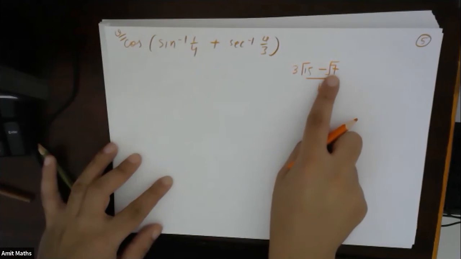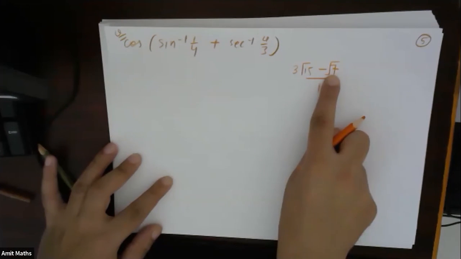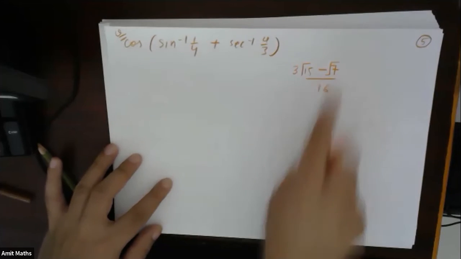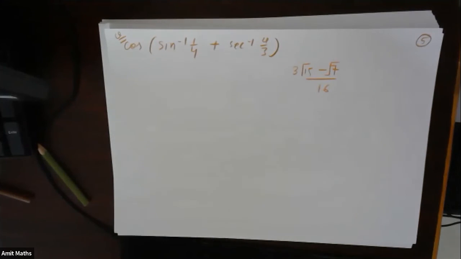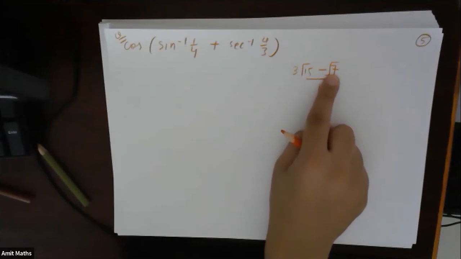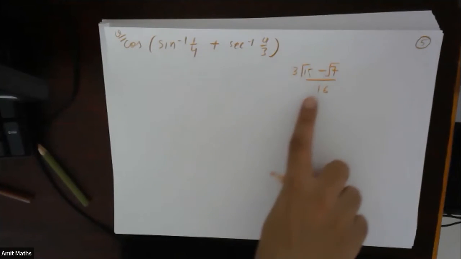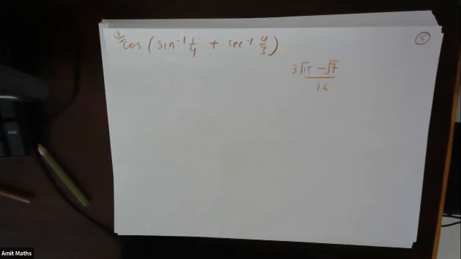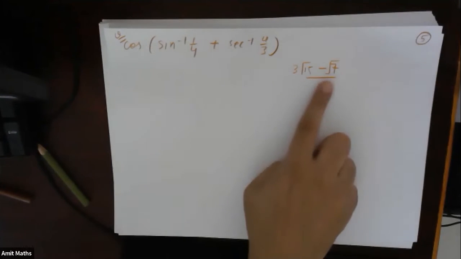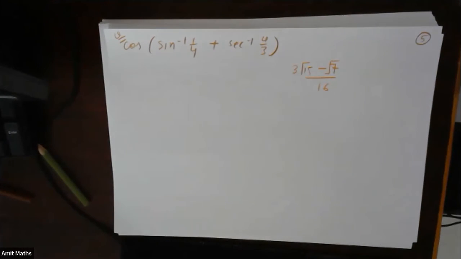Jogendran, just check this root 5. You have root 5 here, it should be root 7. Just check it. Here only you have made a mistake. Rest everything is correct. Very good. 3 root 15 minus. Very good, excellent. Just check this one. Yes, very good. Okay, so let's solve this one.